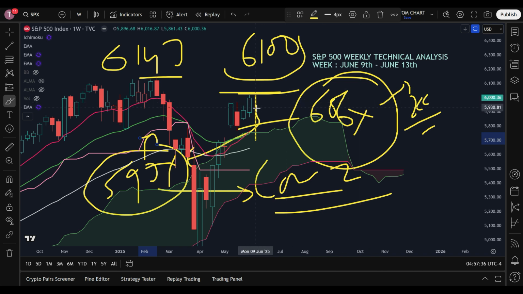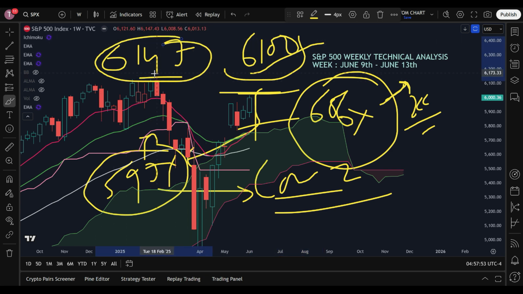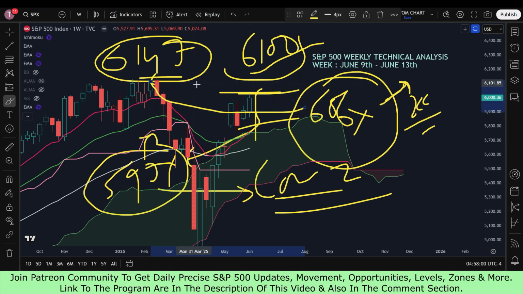However, if the S&P 500 keeps moving up and gives two consecutive closings above 606x, moves towards 6147, moves above 6100, and then there comes a fall between 6147 and 606x, in that case the confluence zone will be able to handle the fall only for 1 day, not more than 1 day. For more than 1 day it will be purely conditional.